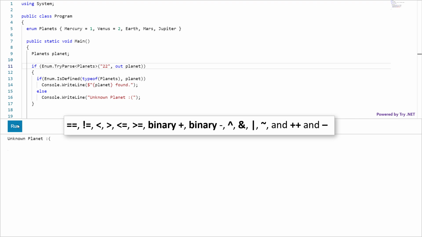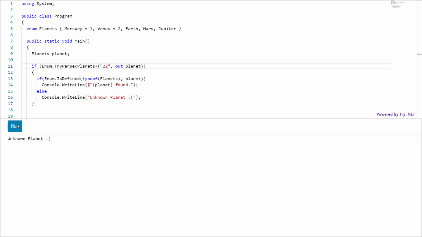You can use these operators on the values of enum types. Okay, let's see few examples. I'm going to use another enumeration now.